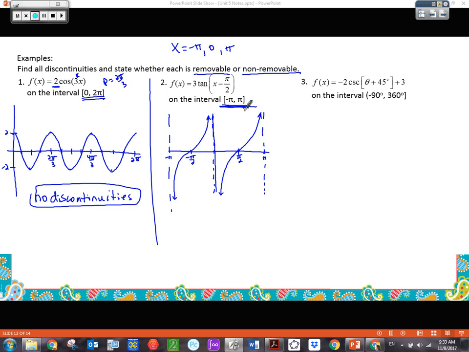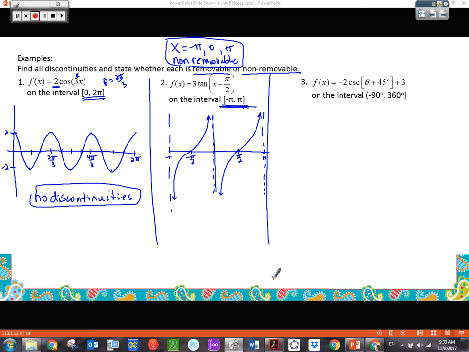Then I have to decide whether they're removable or non-removable. Of course, they're going to be non-removable, right? Because they're an infinite discontinuity. Non-removable. And that's my answer. Okay, how are we doing so far? So just a review of graphing really, and looking at the graph and listing discontinuities is all we have on